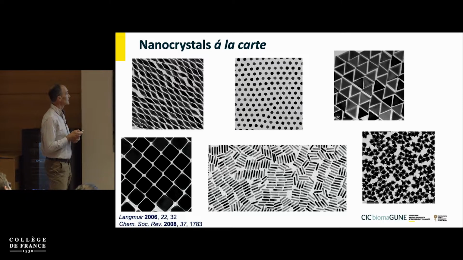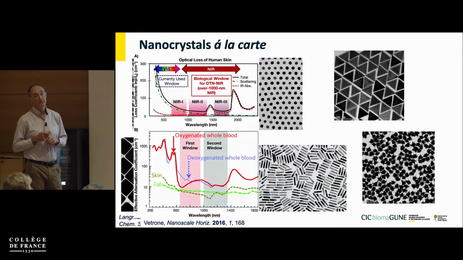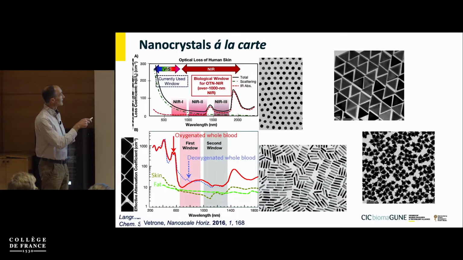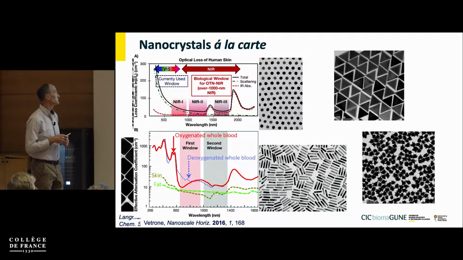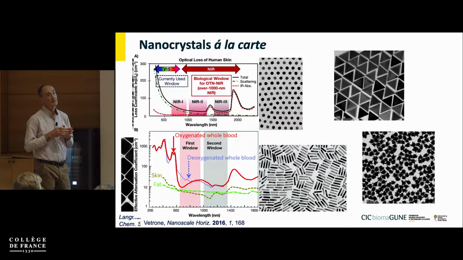And in this respect, you're probably familiar with the concept of optical transparency windows or biological transparency windows in the electromagnetic spectrum. Typically there are three that are defined. You may even define one more here, and which are related to those areas where the biological material, the biological tissue,